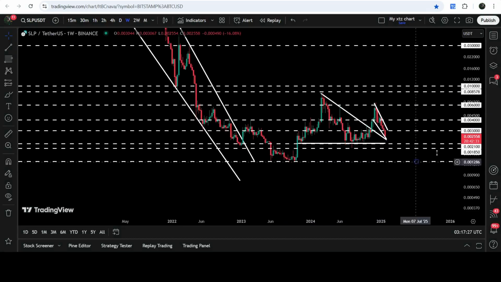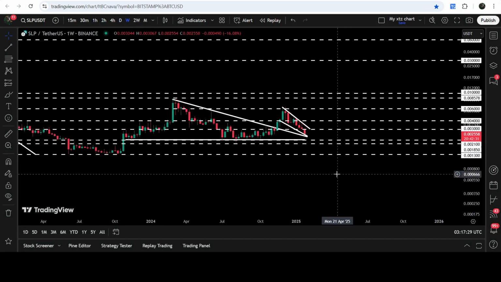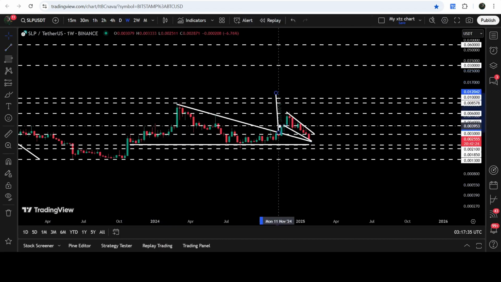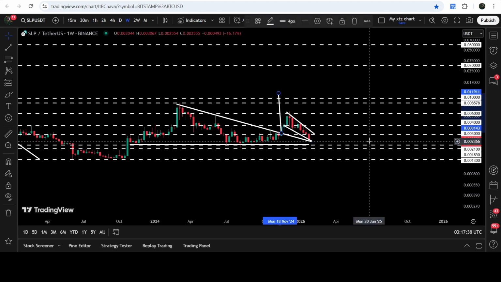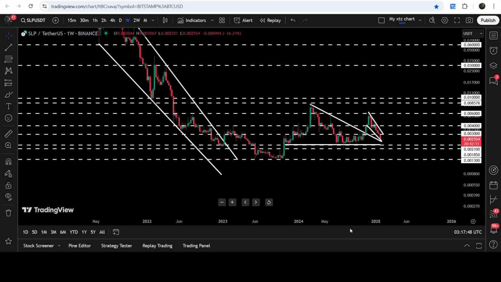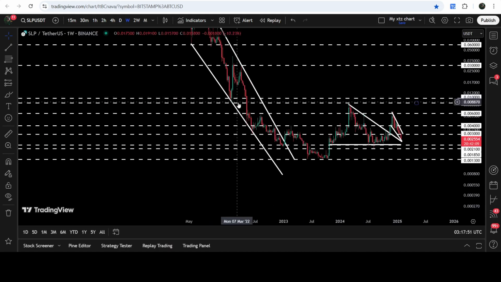And now if we take a look at the target for the breakout from this previous triangle, you can see that after the breakout, we had a nice short pump. But so far, the price did not hit the target for the breakout from this descending triangle. That technical target will be approximately at 1.1 cents. And if the price reaches there, then we may see a powerful attempt to break out of this resistance line, that starts from $0.0085 and goes to 1 cent. It has previously been working as resistance here and support here.